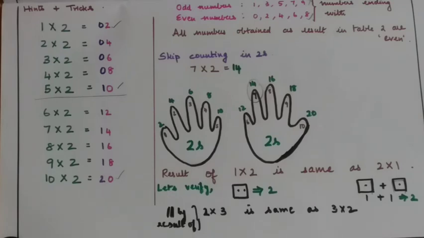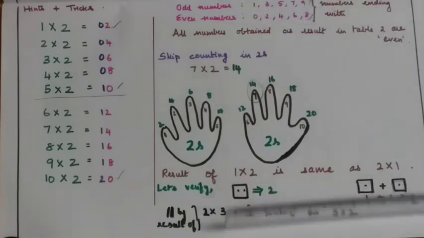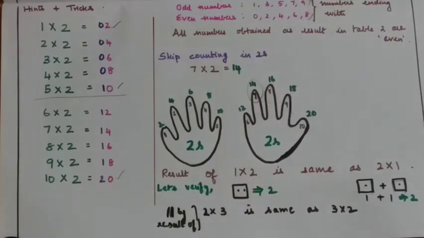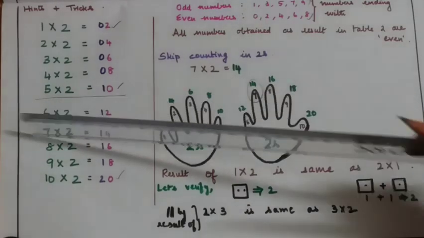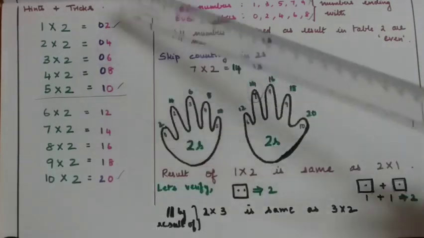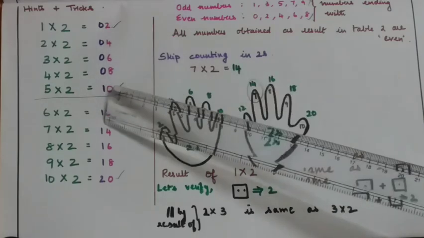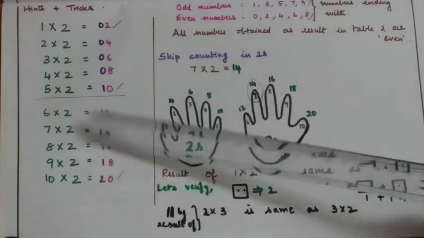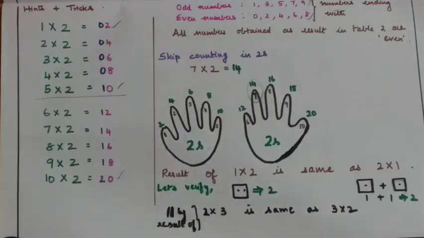So when the kids are clear with this, the number of rows that the child needs to memorize for learning tables will be reduced by half. I hope by the end of this video, the kids will feel very easy to memorize table 1 and 2 by following these tips and tricks. So in our future videos, we will see about the rest of the tables, where I will again introduce a number of hints and tips to make learning tables a joyful experience for kids.